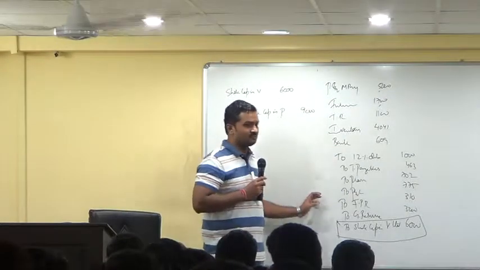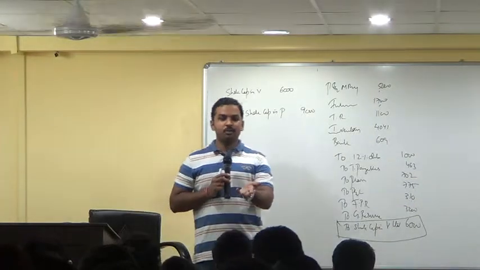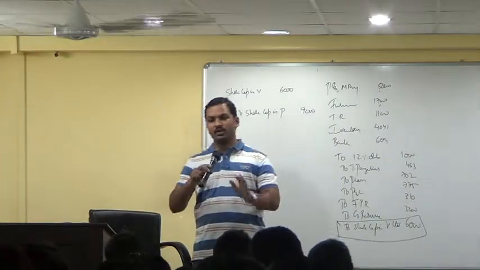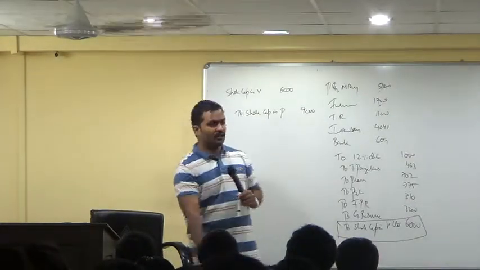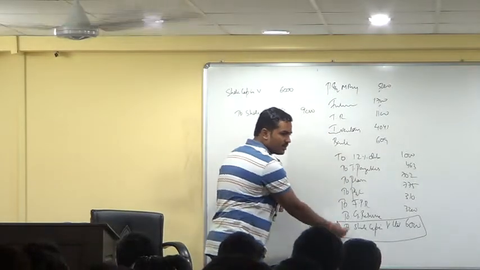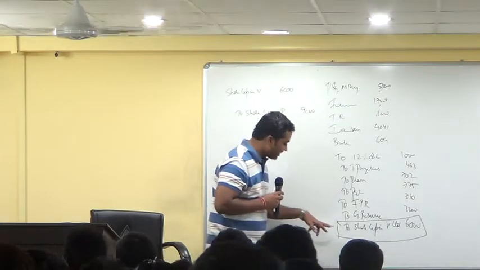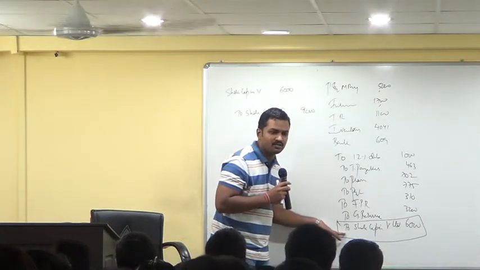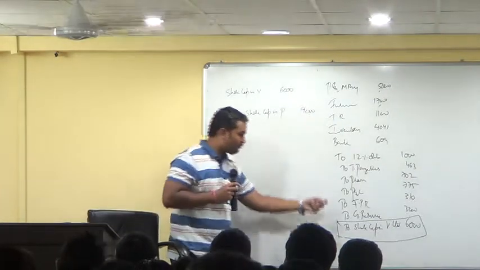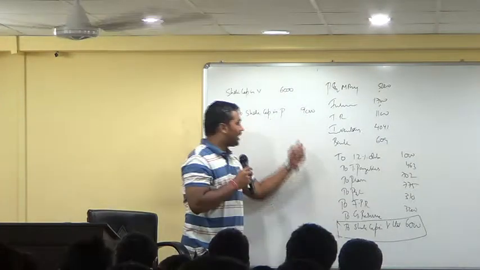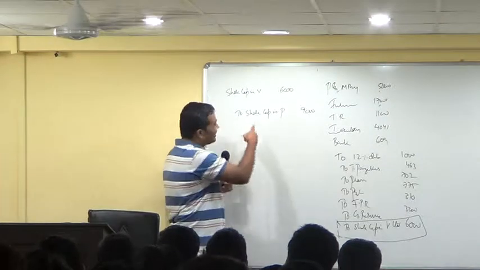Did you understand this entry? Yes, not regular, but I have followed a simple logic. I said pooling of interest method, you have to assume you have been together even in the past, no? So whatever assets and liabilities were there in his books including capital, I have incorporated all at book values. Then when I see this entry, I understand that this is not the capital which I have allotted to shareholders of V. In the place of this capital I have closed this capital account in my books and opened a new capital account worth how much? 9,000.